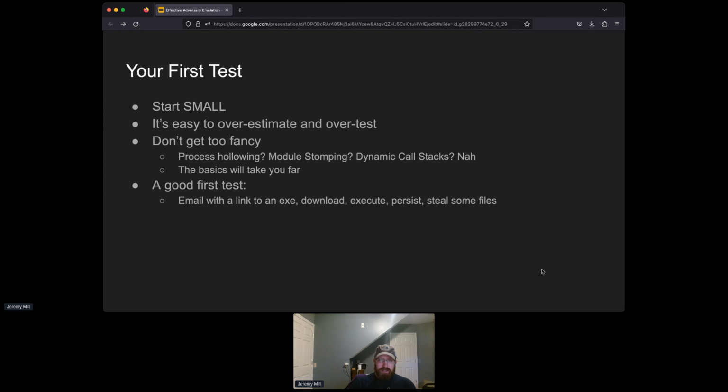So a good first test is an email with a link to an executable. A simulated user downloads it, executes it, it persists, and it steals some files. This would be a bad day depending on who that user is who downloaded an executable and ran it by itself. So it's a test that's worth doing, especially if you pretend to be that user or communicate that type